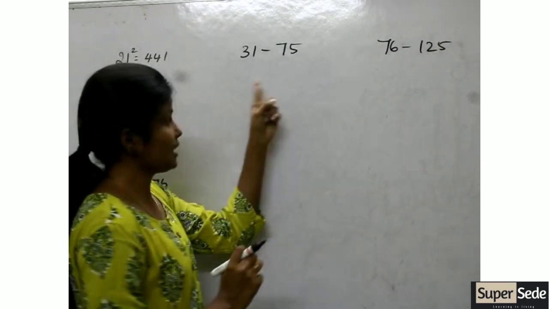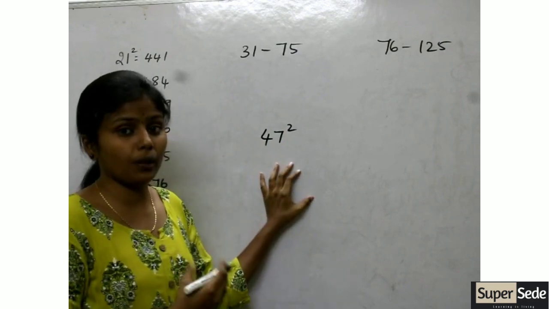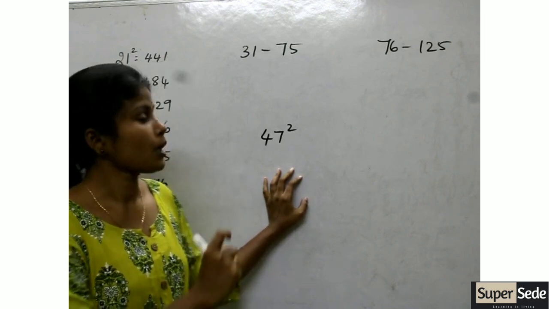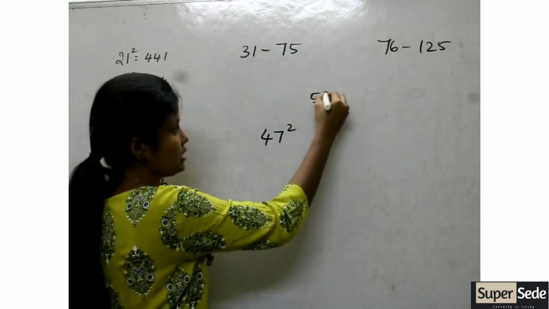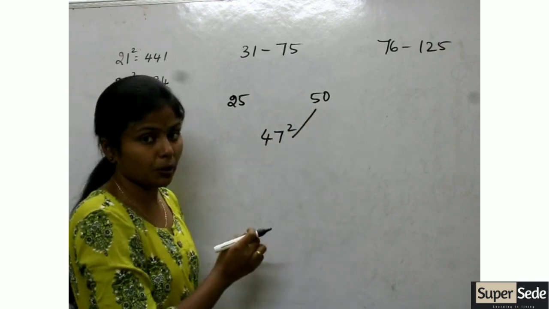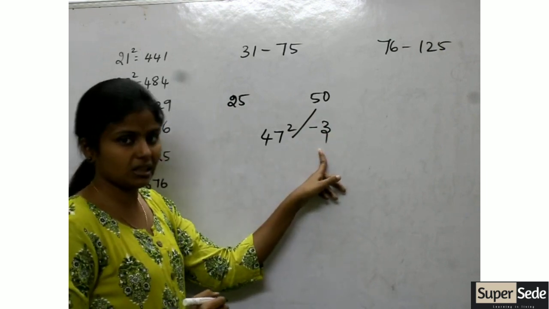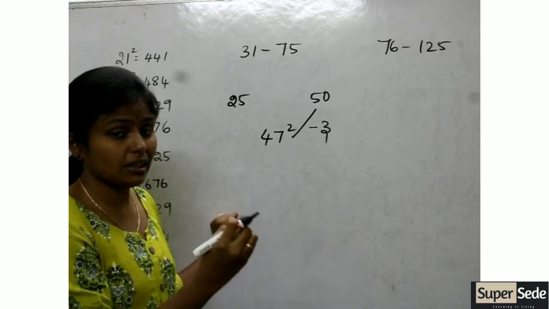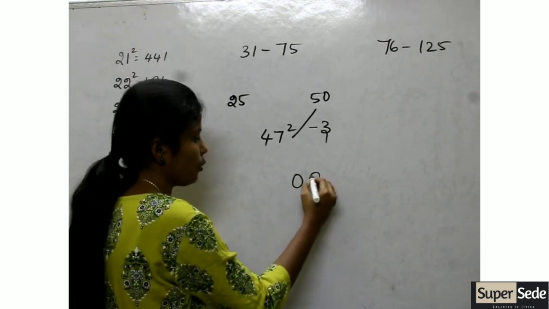Let's take any number that exists in this range. Let me find the square of the number 47. There are quite a few steps that you'll have to follow. In order to find the square of any number in this range, you take two reference numbers, 50 and 25. The first step is to find the relation between 47 and 50. 47 is 3 less than 50, so I am representing it as minus 3. Now take this minus 3 and square it. Minus 3 square is 9. But I want a two-digit number, so I am writing 9 as 09.